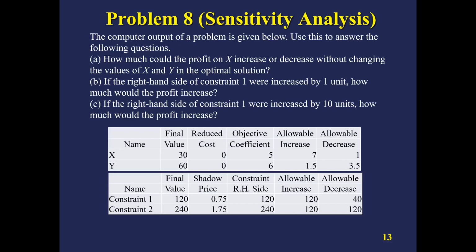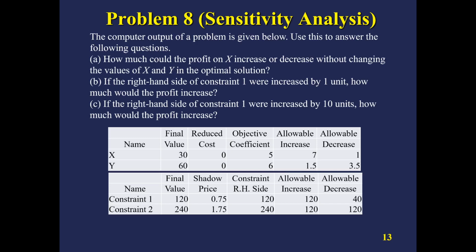Let's continue. Problem number 8 is related to sensitivity analysis. The computer output of a problem is given below. Use this to answer the following questions. How much could the profit on X increase or decrease without changing the values of X and Y in the optimal solution? Now we have two tables, and the first table is the sensitivity output